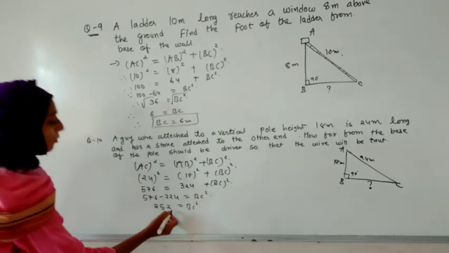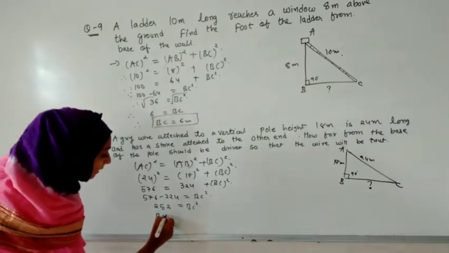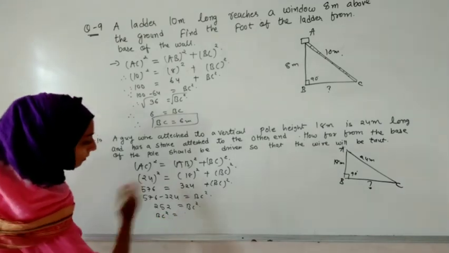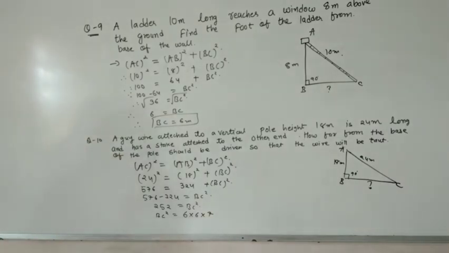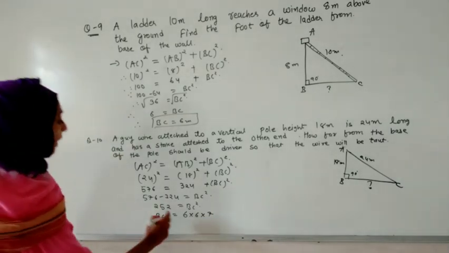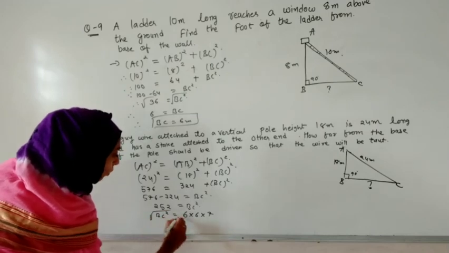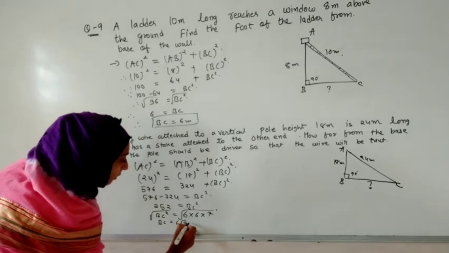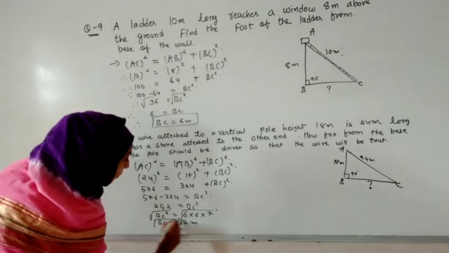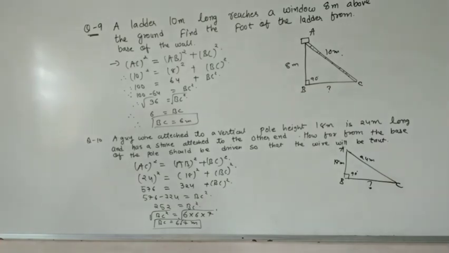Now it is not a perfect square, so let us split it in a way that we can take out the maximum perfect square. So 6 into 6 into 7, that is 36 into 7, will be 252. By taking root on both sides, BC will remain over here, 6 we will take out and 7 will remain inside, and that will be in meter. So BC is the base and the length of the base is 6 under root 7 meter. This is the concept. This was a very easy concept to solve.